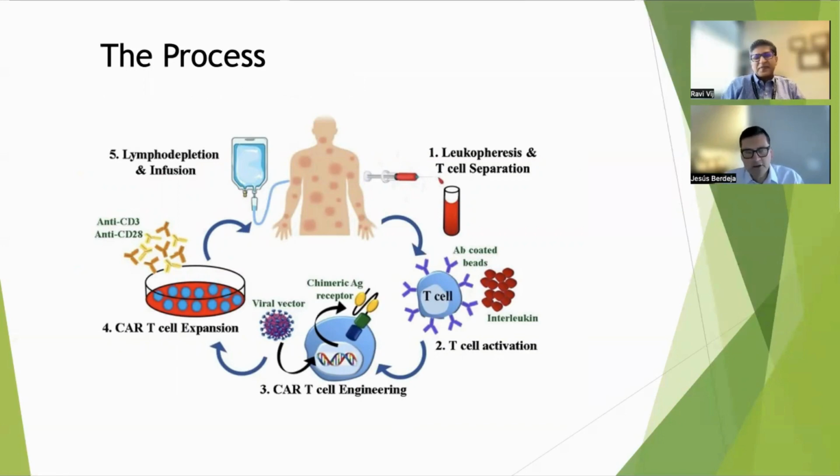Yeah, so the most advanced CAR T cells and the two FDA-approved CAR T cells in myeloma are what we call autologous CAR T cells. What this means is that the T cells are coming from the patient themselves. So the first step is to actually collect those T cells from the patient, which is shown here in this figure. The T cells then are sent to the laboratory so that new DNA is infused into these T cells, which leads to the expression of that new chimeric antigen receptor on the surface of the T cells. These T cells are then expanded in the laboratory, and then they are infused back to the patient. The process of creating the CAR T can take several weeks, and usually